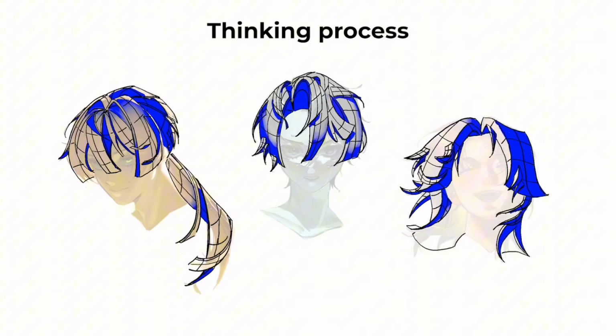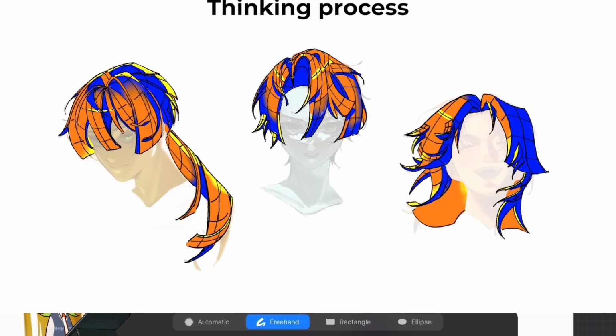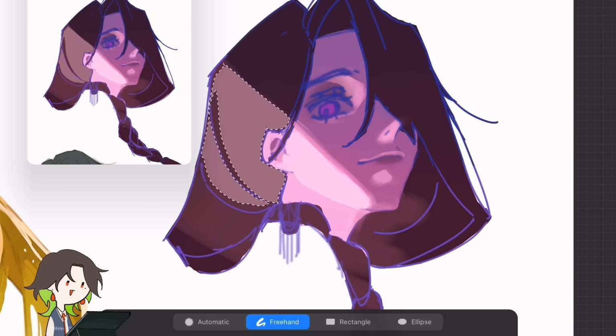First, the deepest shadow where hair masses overlap and create the darkest recesses. Second, the middle tones that make up the bulk of the hair's volume. And third, the highlight areas where light directly hits the hair surfaces. I mostly use the lasso tool to quickly summarize the main shadow or bright area based on the hair color to